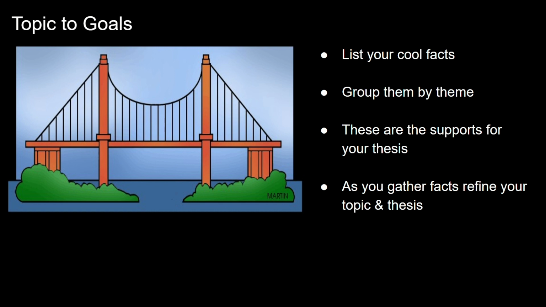So each time you add a fact or rearrange your facts, your topic statement is going to get refined, your main idea is going to get refined, and ultimately that big cultural connection goal is going to get refined. You don't have to rewrite each of those every time you add a new fact. You can do it every 3 to 5 facts. Once you've made some changes, go back and see if those ideas you wrote down a while ago are still actually what the class is about.